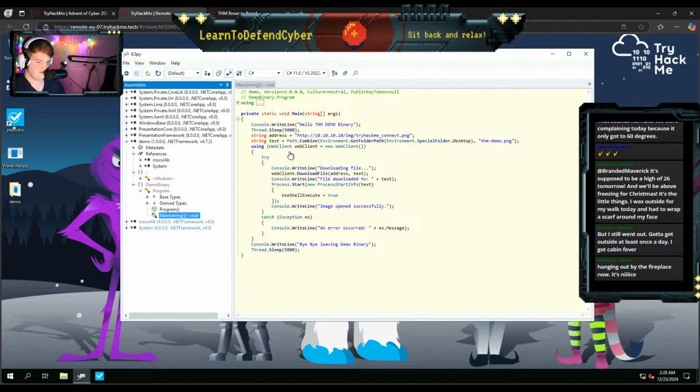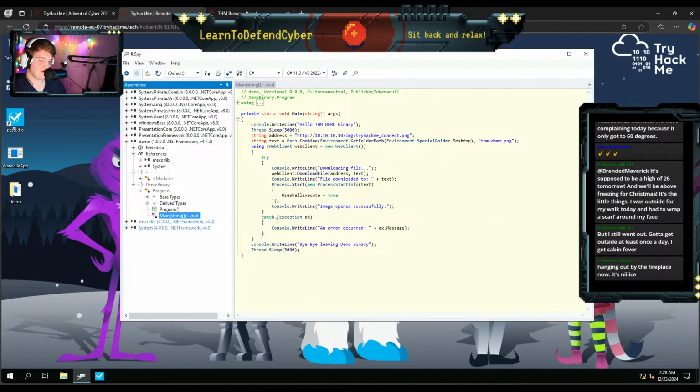Yep. Using the web client, it says it's going to download the file. Writes a new line saying, hey, I downloaded it to wherever it downloaded it to. And then start a process using a shell to say we opened the image. So it's just going to download a PNG, and then it's going to try and open the PNG.